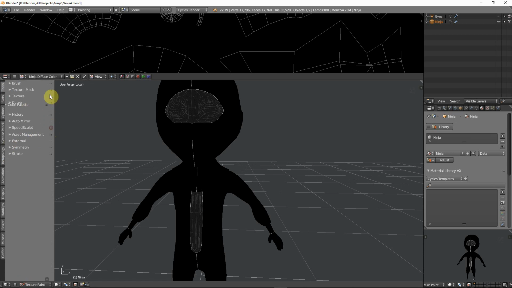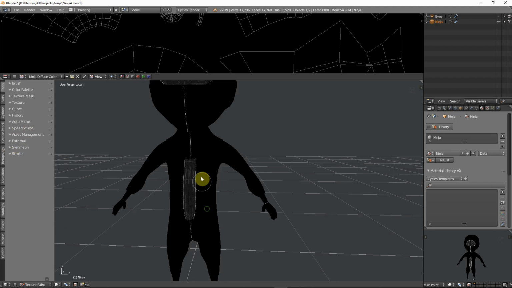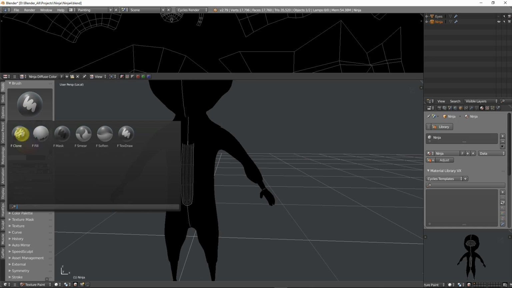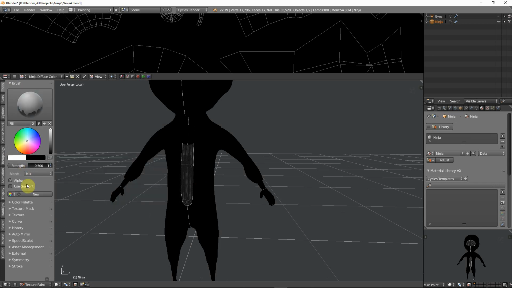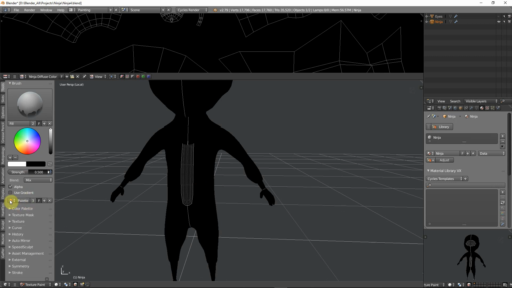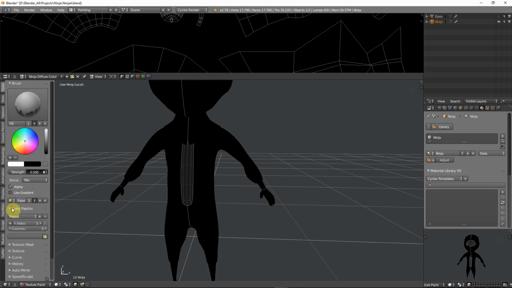I want the color palette by the brush, and yeah, symmetry, whatever. So for the brush now I want the full, and here by the color palette, and we're just gonna do this. We've got a palette here,